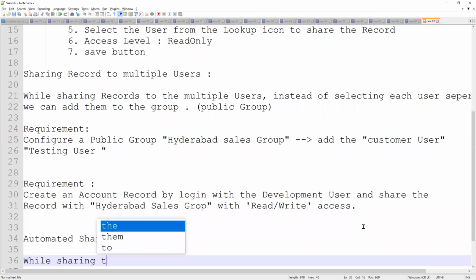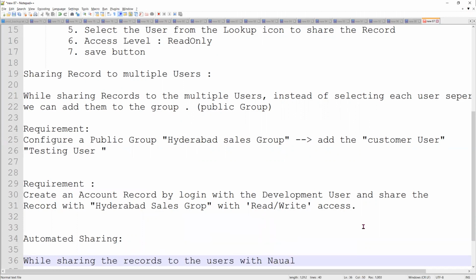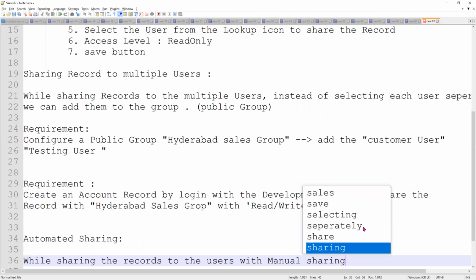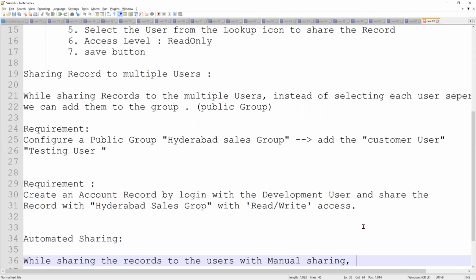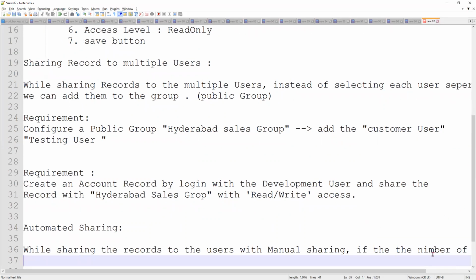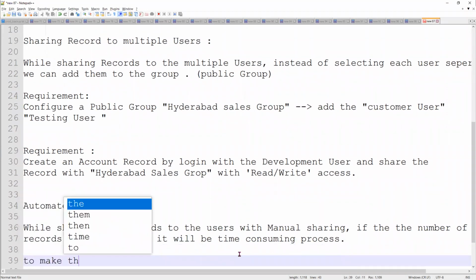Automated sharing. While sharing the records to the users with manual sharing, in case the number of records is more, it will be a time consuming process. So to make the sharing process